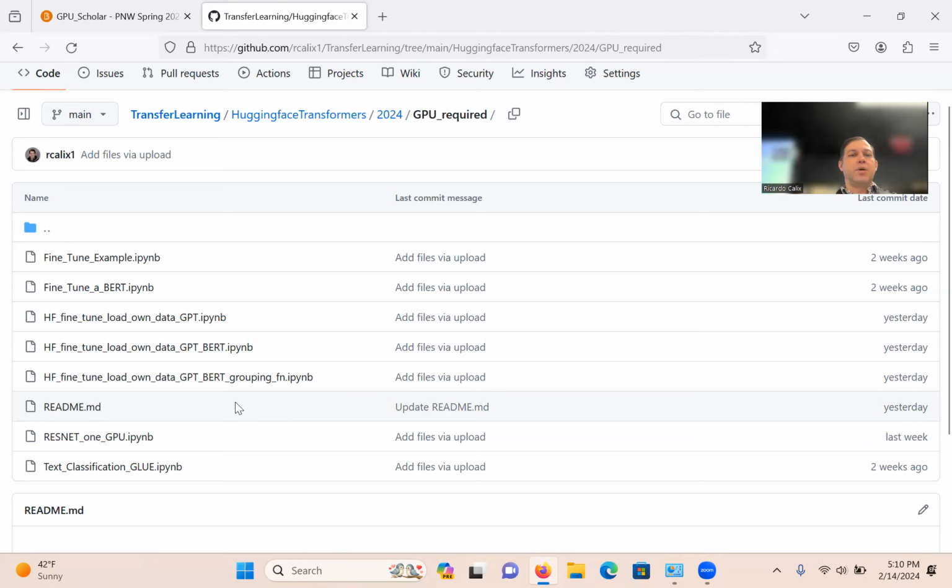So remember, we're no longer writing things from scratch. Instead, we're importing all the functions that Huggingface has available, and we're going to try to use them. So really, all I'm going to explain is how that works, okay? And then this ResNet 1 GPU, that's me just doing some other things for a later topic, not related to